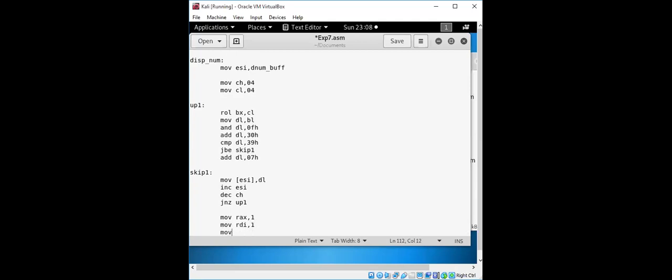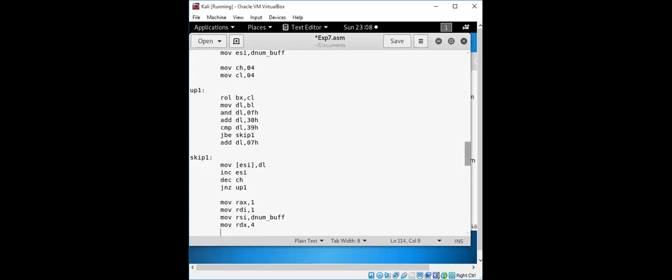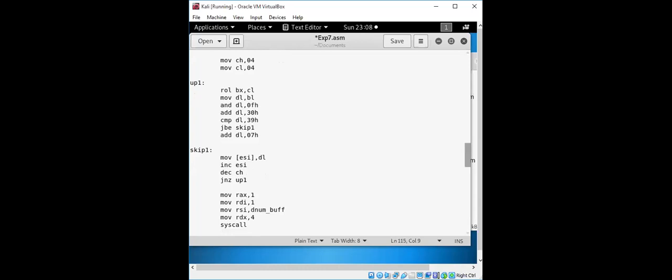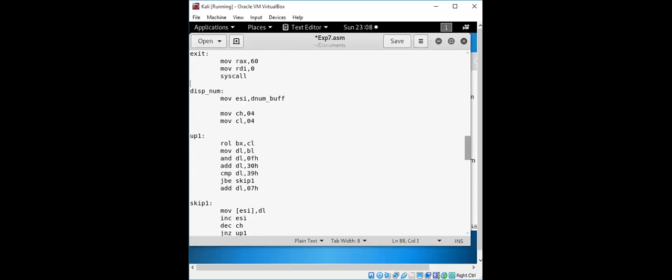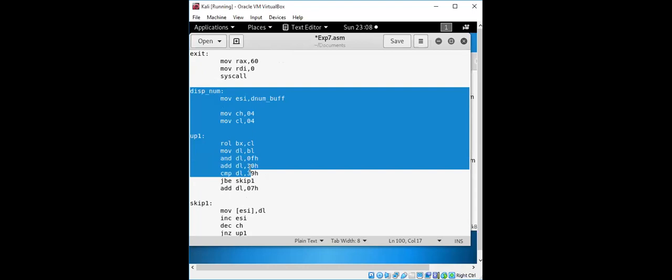So we'll move these values to the num_buffer. This display loop will be checking the complete 4-bit values, or additional bits which we are going to have.